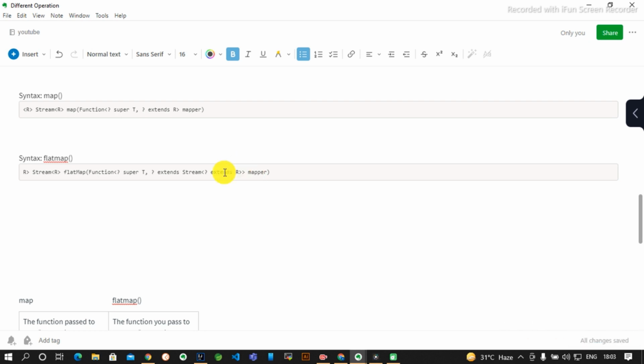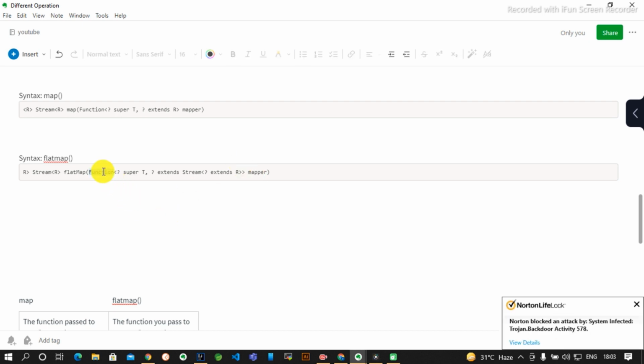Basically in flat map, this function is applied first, then the flattening happens. So the function will be applied first to the element, then the flattening of the elements will happen. Flattening means, generally, in day-to-day life we write a list of string to hold the elements in a list. Whenever there is a nested list, a list of string, and you want to make the nested list a single list,